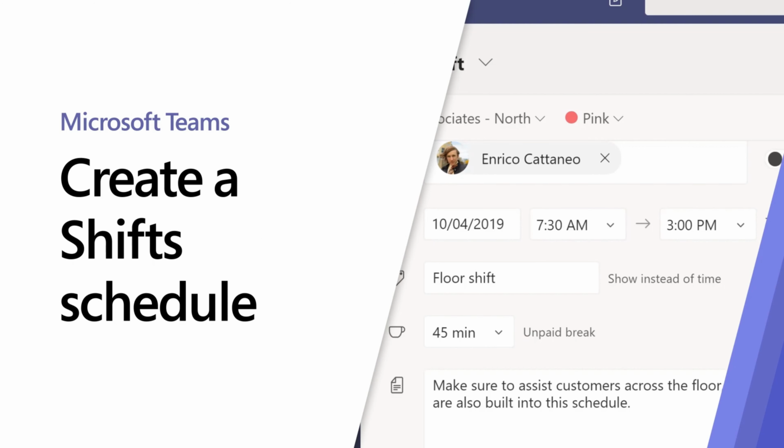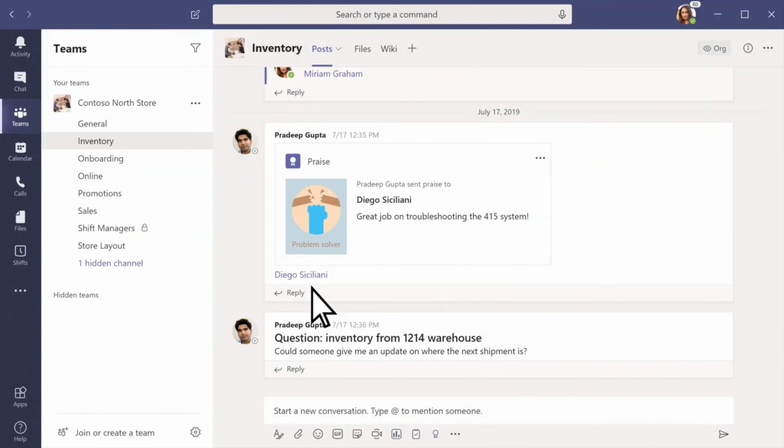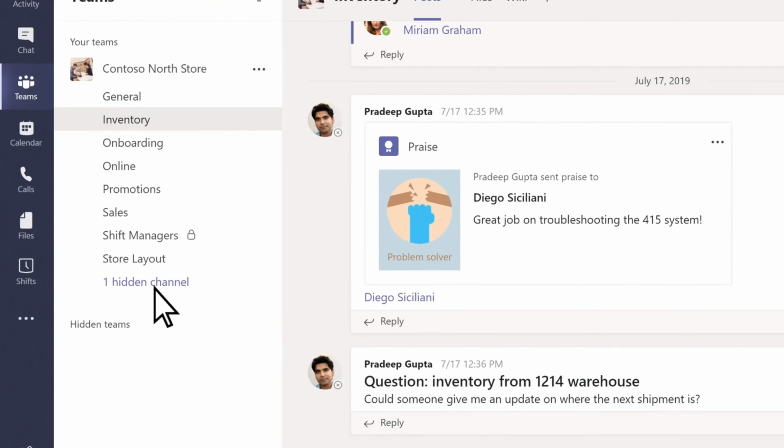How to create a shifts schedule in Microsoft Teams. With Shifts in Microsoft Teams, create a schedule and assign shifts to your team members. Select Shifts